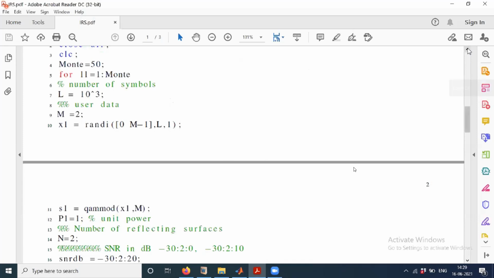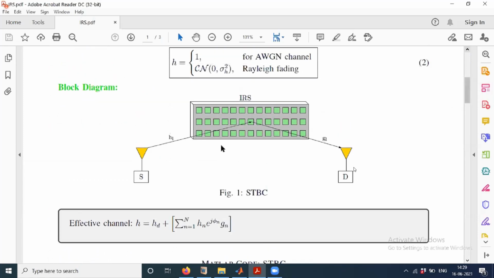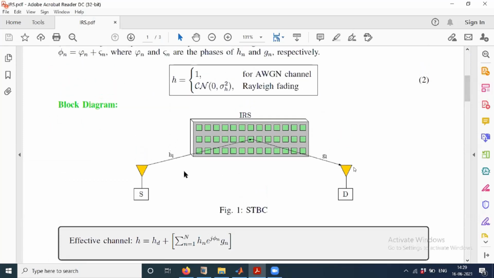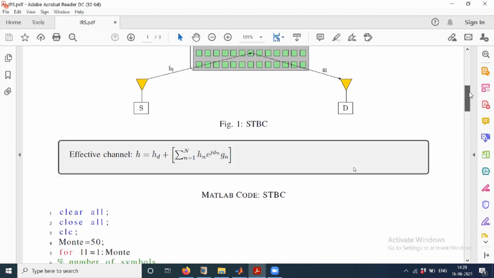Yeah, so you can consider the distance, then you can optimize the location of the IRS between source and destination. That is also possible. Because path loss is generally fixed, the distance is fixed, and the carrier frequency is fixed, so the path loss term is going to be fixed. So that is not random. So generally we don't consider it in the simulation. Only random quantities we consider in the simulation.